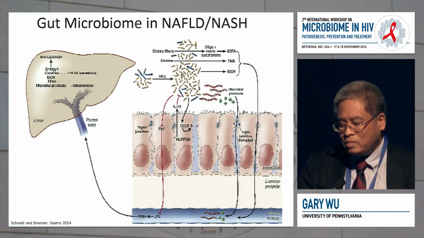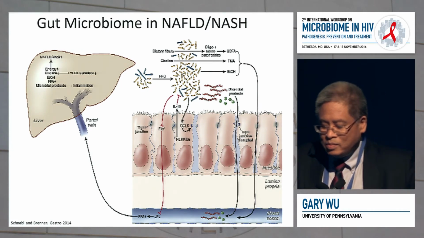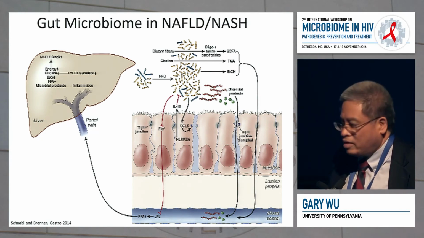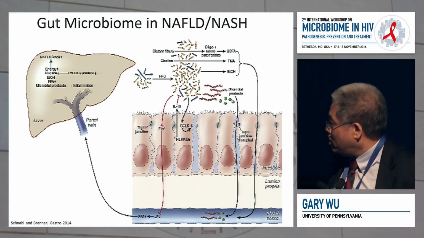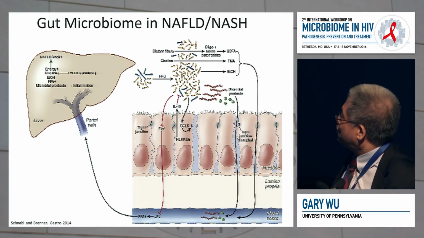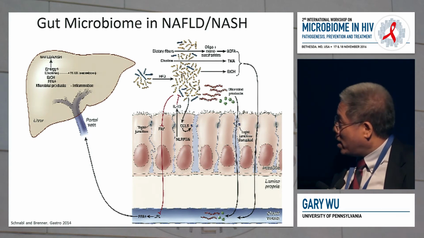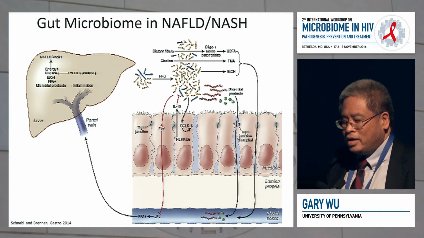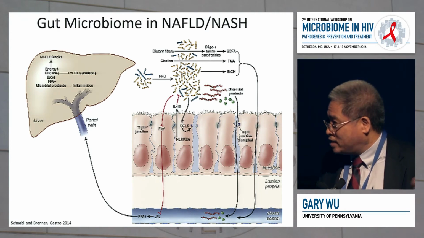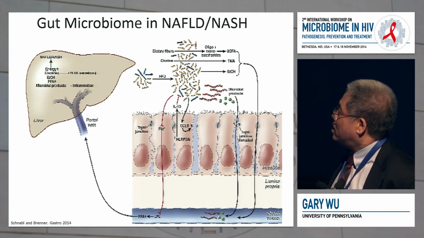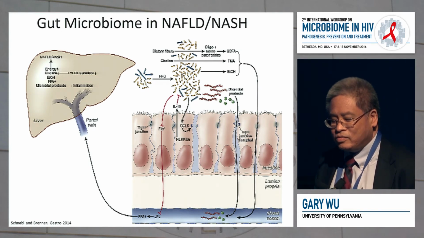So now let me talk about the gut microbiome and NAFLD and NASH, again building on some of the concepts that I talked about earlier. So the concept is, again, things that live in the gut can transmit things directly to the liver. But in order to get to the liver, you have to get through the barrier, which, I'm sorry, looks terrible here, but I'll walk you through it. So it turns out that the microbiota obviously makes various types of metabolites, ethanol, trimethylamine, short-chain fatty acids, that then flow into the liver and can have an effect on lipogenesis, for example.